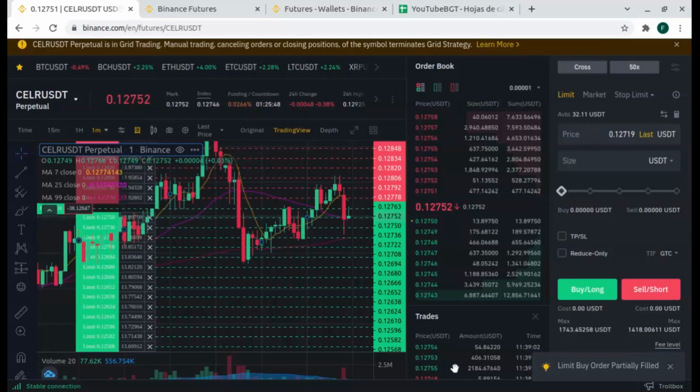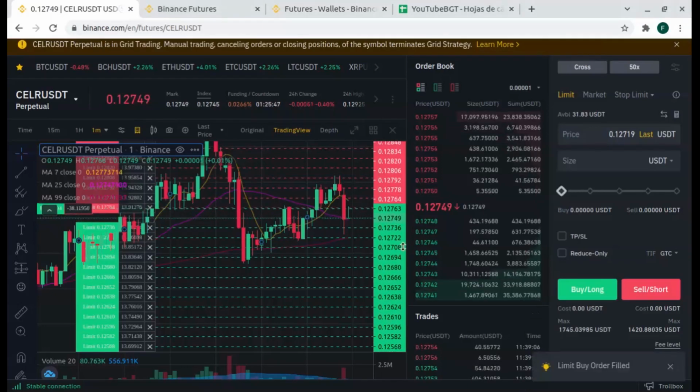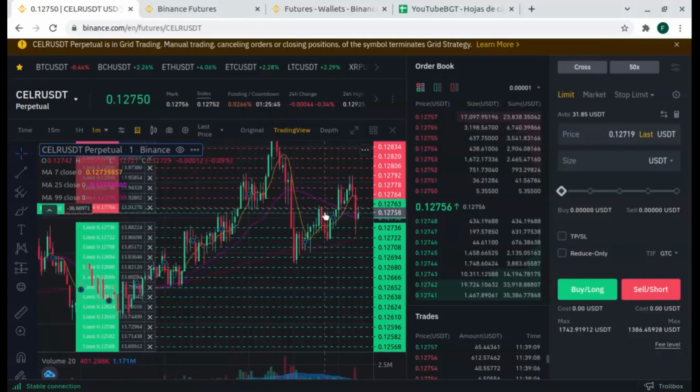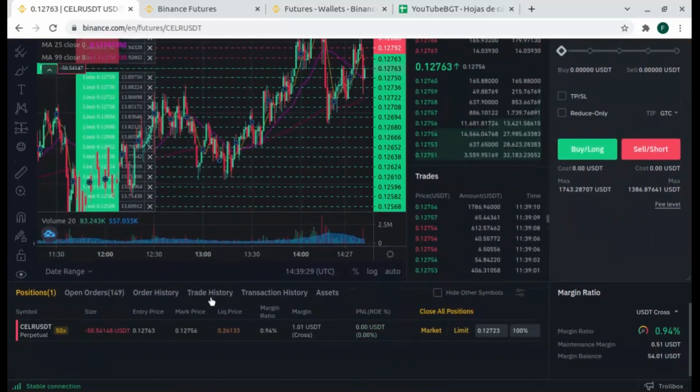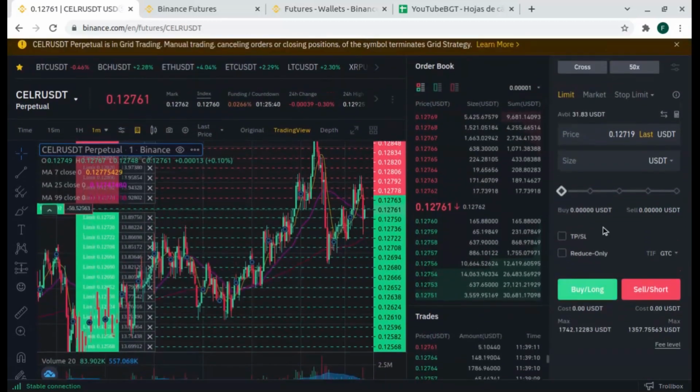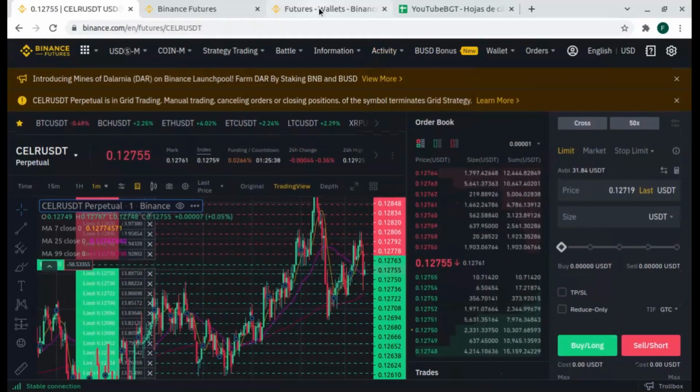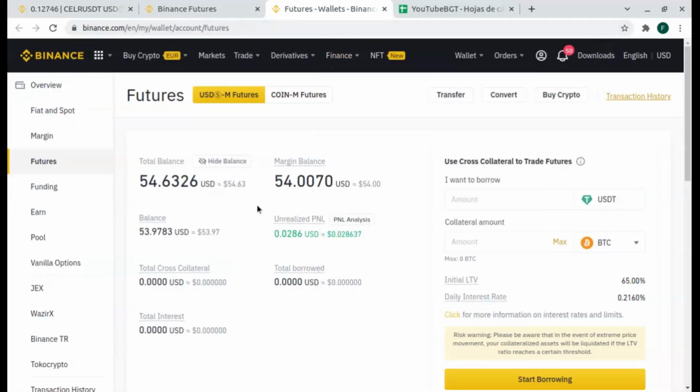Welcome to part 3 of the challenge turning $20 into $2,000 only using Binance Grid Trading. So we are going to see how the grid is going. It seems to be a lot of volatility in the second day. We can see our wallet balance. So we have a margin balance of 54. Remember, we started with $20 and a total balance of